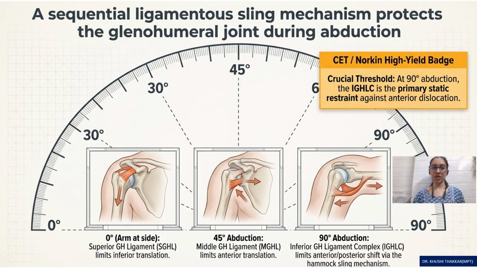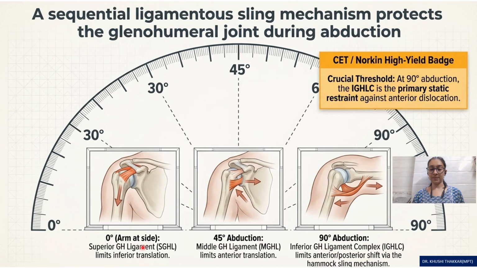A quick revision of the ligamentous sling mechanism, which we just discussed. This protects the glenohumeral joint during abduction. So now we are discussing the glenohumeral ligament series. The superior glenohumeral ligament is attached here superiorly. It will prevent the inferior translation of the humerus at 0 degrees, that is, when the arm is resting at the side